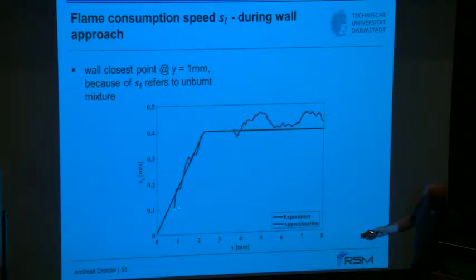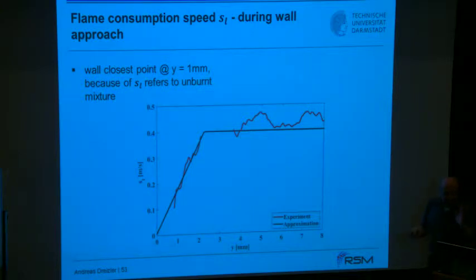We cannot go closer than, let's say, this 1 millimeter, because we have to stay 1 millimeter in front of that. Yeah, and that's a limitation. So you see here an extrapolation, and here inside an interpolation, which is far from being perfect, but is purely based on the experimental data, an estimate of the flame speed, the laminar flame speed,